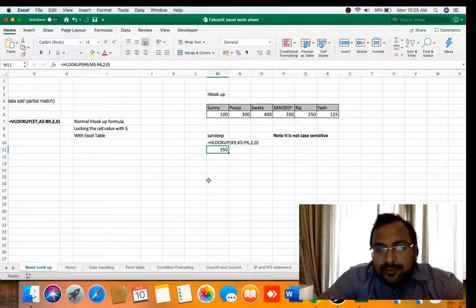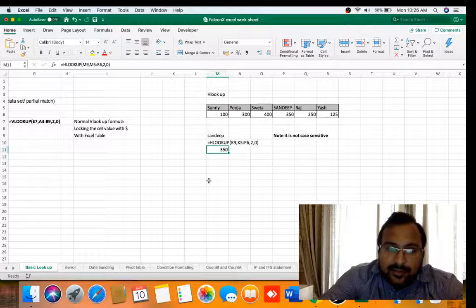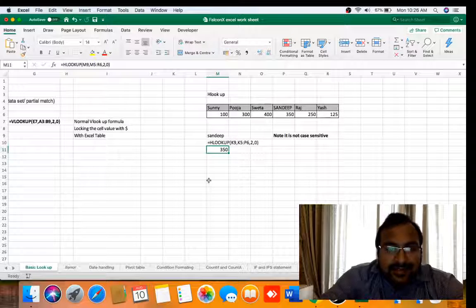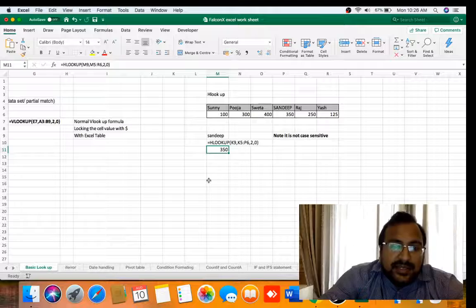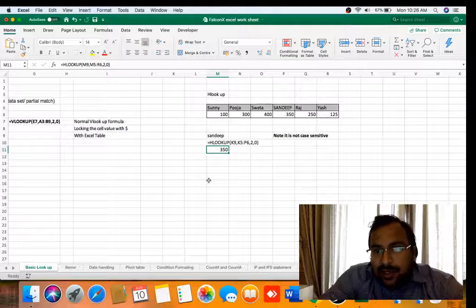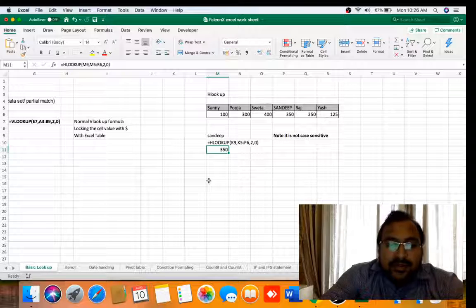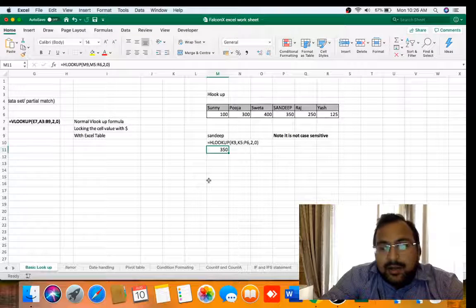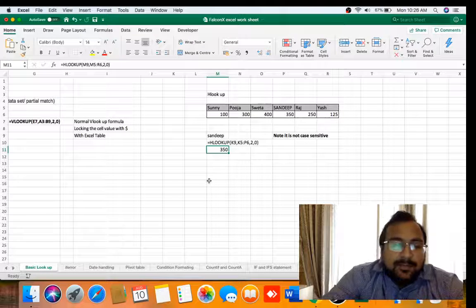In the next topic, we will come up with more formulas. Lookups will be covered in 3 topics. The first was basic, which I have covered. The second is how to put multiple VLOOKUPs together and with IFERROR. And the third lecture would be about the INDEX MATCH and MATCH functions.